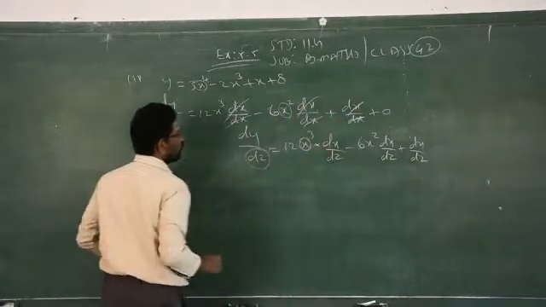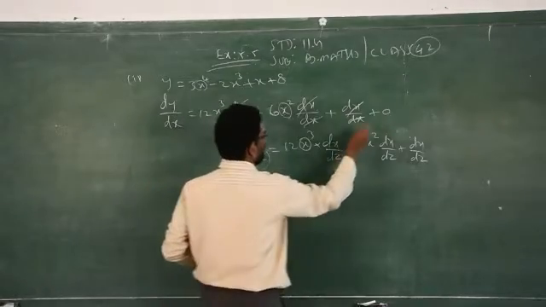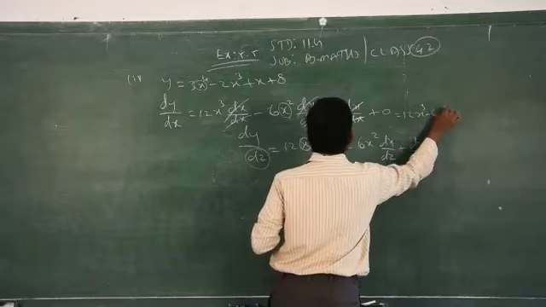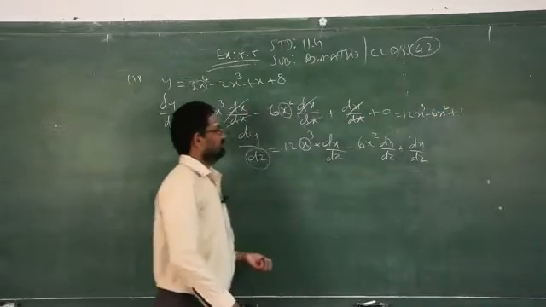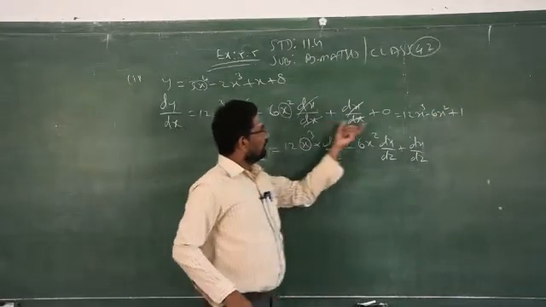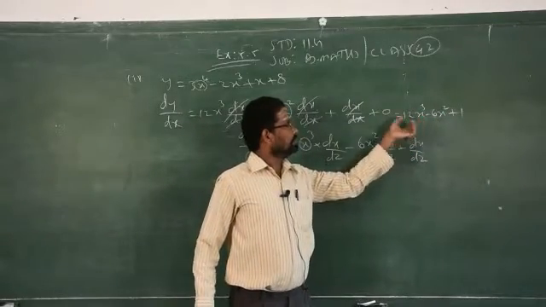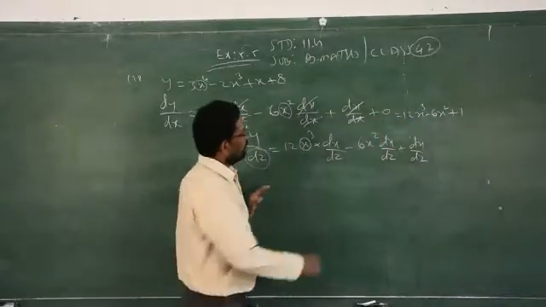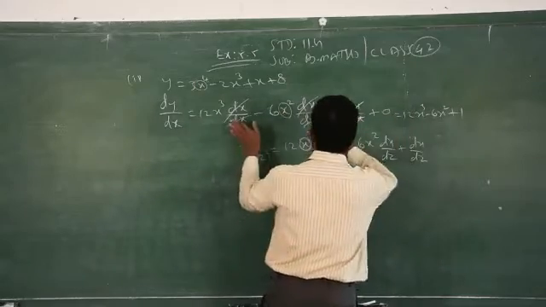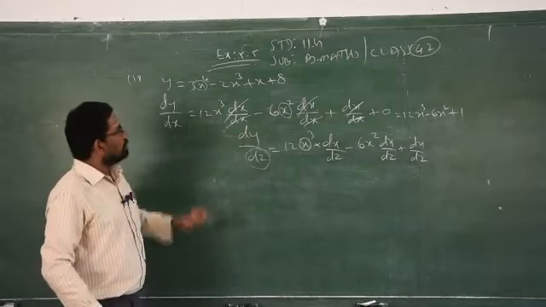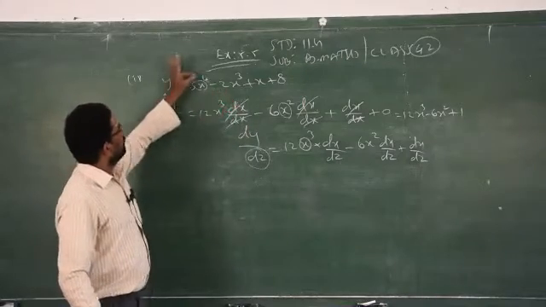So, that is what we get the answer as 12x cube minus 6x square plus 1. So most of the teachers will teach straight away like this, but you should know how to get the answers. So this is the process.